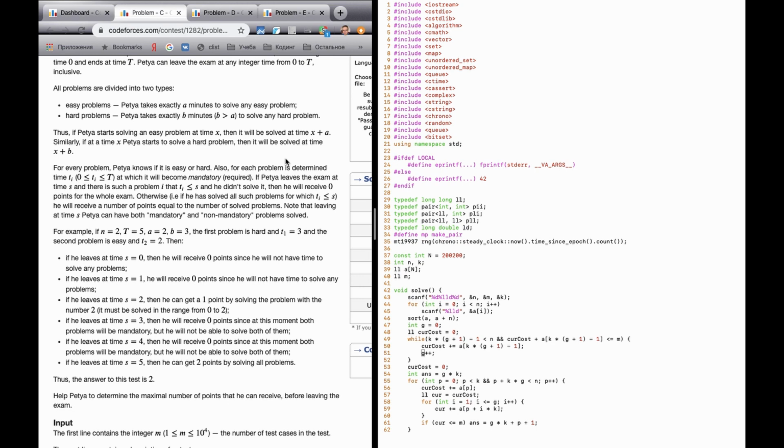Then we just want to try all the interesting values of L, the time to leave. It doesn't make sense to leave if we could just sit for 1 more minute and no problems will become mandatory. So interesting times are the times when in the next minute some problem will become mandatory, or the whole exam ends. It's also an interesting time because we cannot wait long. So